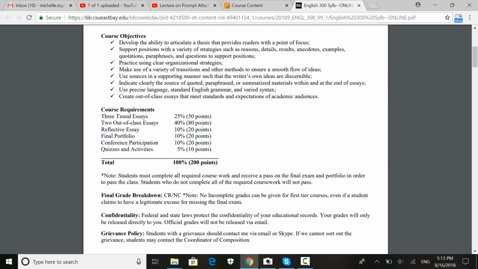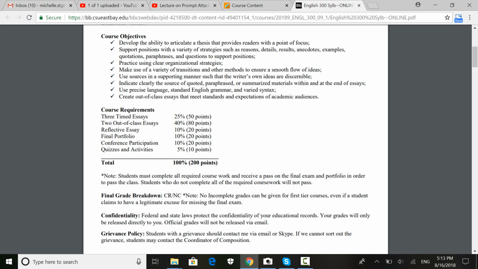Course objectives. So this is really interesting. The course objectives for this course are actually the same objectives for the UWSR portfolio rubric, which means that if you're doing the things, if you're meeting the objectives of this course, you're also meeting the objectives of the UWSR, right? The University Writing Skills requirement. So just know if you feel like, oh yeah, I can meet these objectives, well, you should do very well